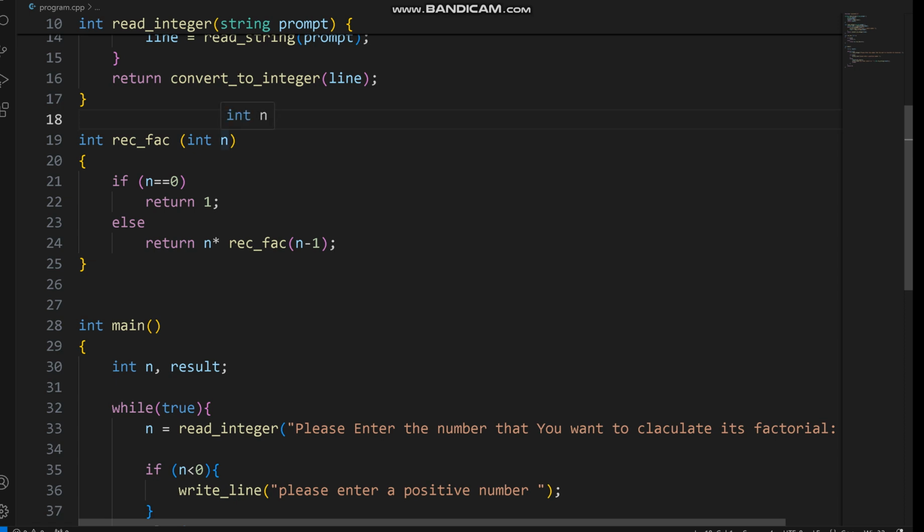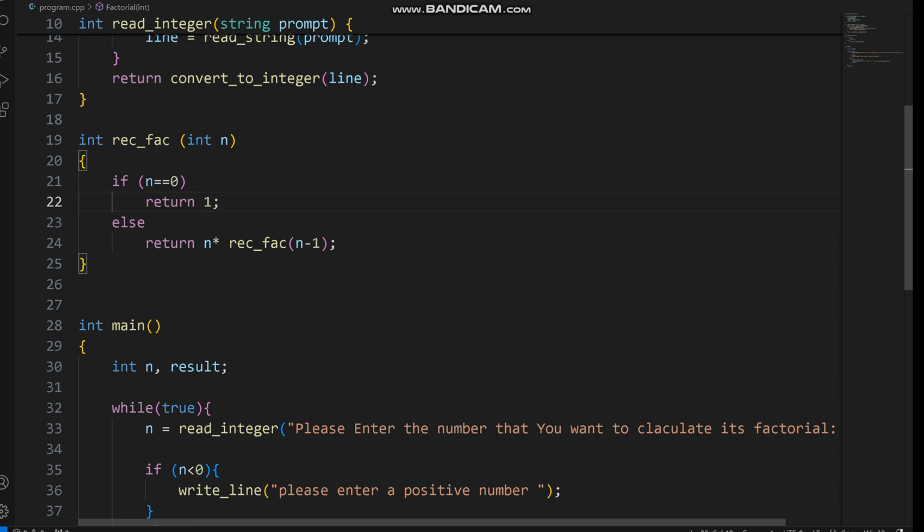It's designed with two important components, the base case and the recursive case. Well, this is the base case and this is the recursive case. The base case occurs when n equals 0, in which the function returns 1, because by definition, 0 factorial equals 1. This base case is essential because it tells the function when to stop calling itself and